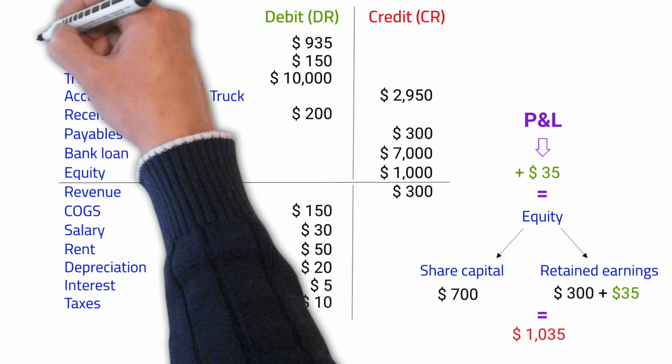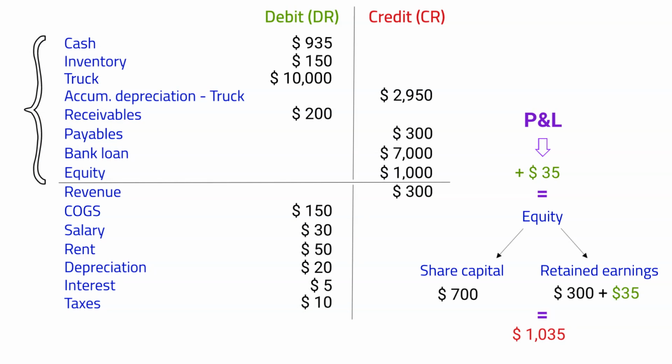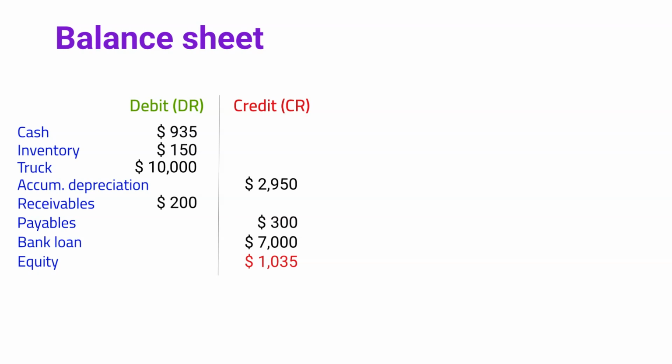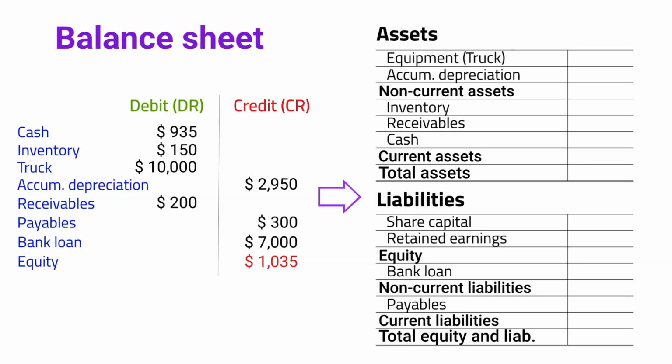Now let's take the asset, liability and equity accounts from the trial balance. We also present equipment net of accumulated depreciation. So assets: equipment $10,000, less accumulated depreciation of $2,950. That gives us total non-current assets of $7,050. Cash $935. Accounts receivable $200. Inventory $150. Total current assets $1,285. Together we have total assets of